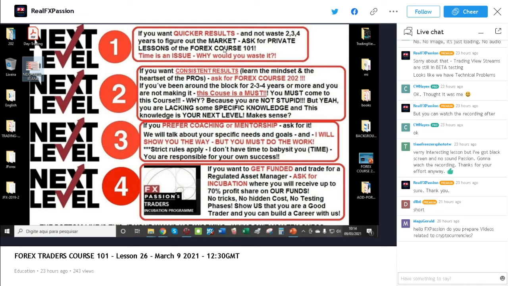If you are an advanced trader and you are not making it, so you know everything about support, resistance, pivot points, multiple time frame trading, Fibonacci's and such, if you are over the Forex course 101, but you are still not making consistent results, next level number 2, ask for the Forex course 202. Okay,